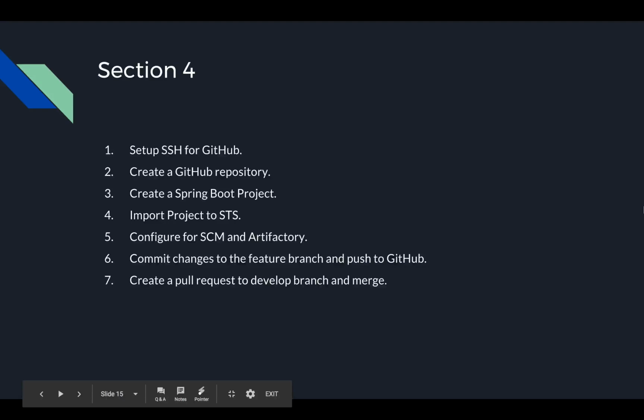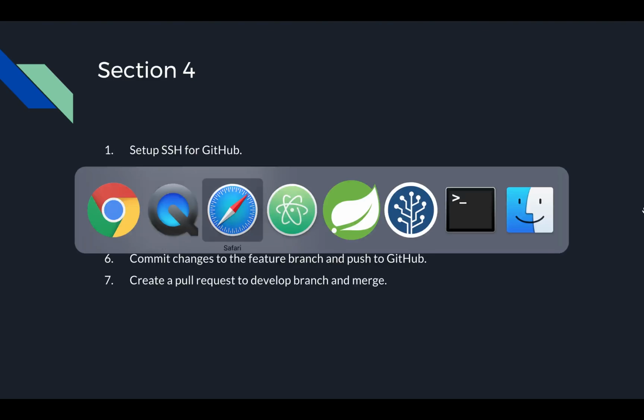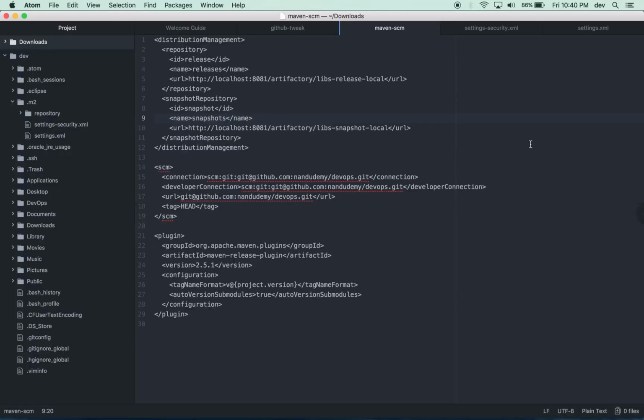Now that we have imported the project into STS and we have the basic server-side coding done and basic client-side coding done, let's go ahead and configure our project to talk to the SCM, the Artifactory, so that we can actually release the code to the snapshot and the releases repository. So I have done some initial legwork, and the three things that we need to add to the POM XML